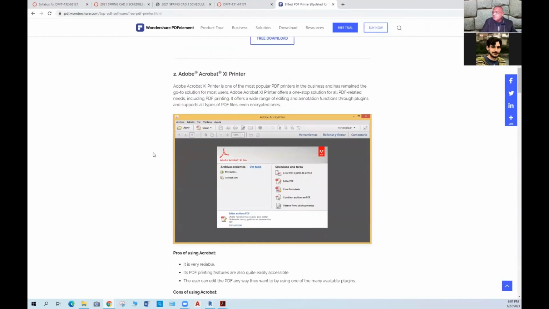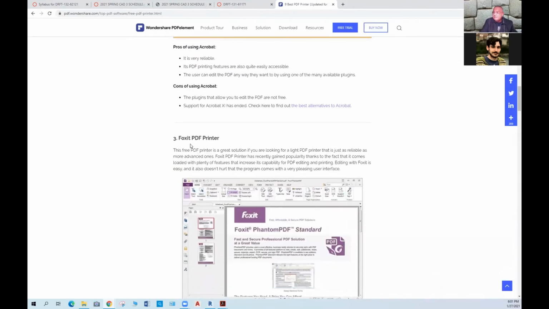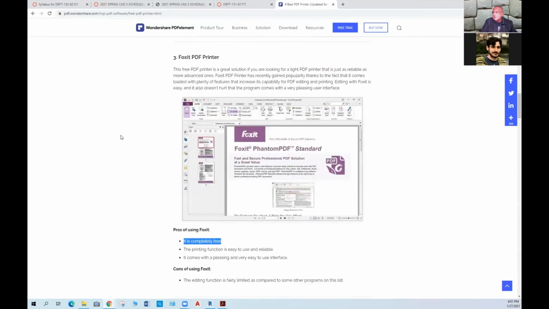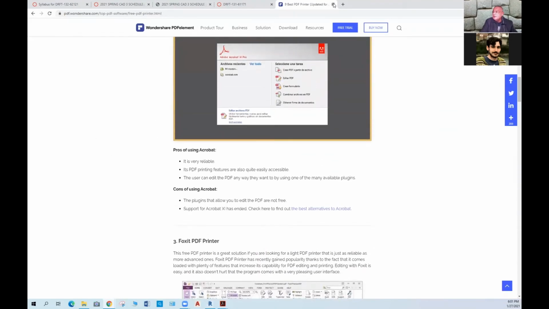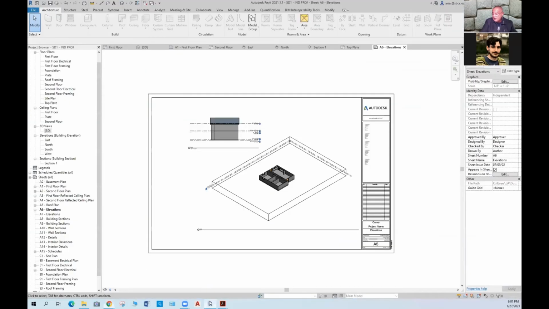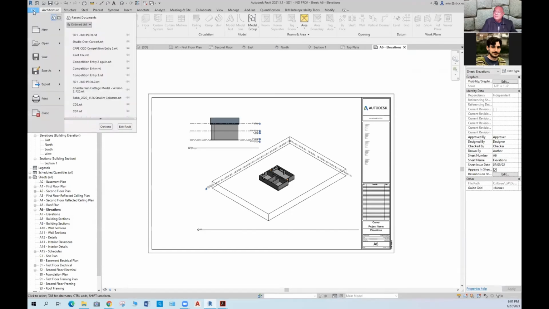I don't think this is free, but I don't remember. Foxit PDF Printer also free, and then completely free, see? So you can download any of these ones, the one that you want, and then install the printer on your computer. Once you have the printer installed, then all you have to do is do File, Print,